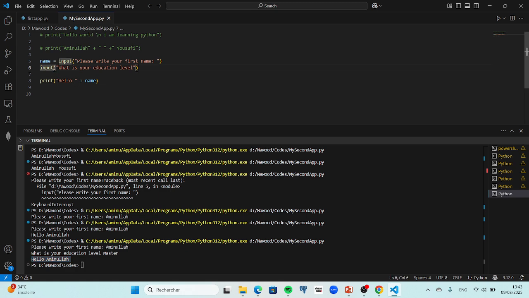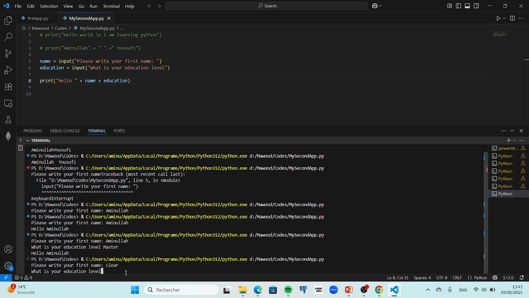So what I'm trying to do is to store this education level into education. And now I want education also displayed. If I run it again,